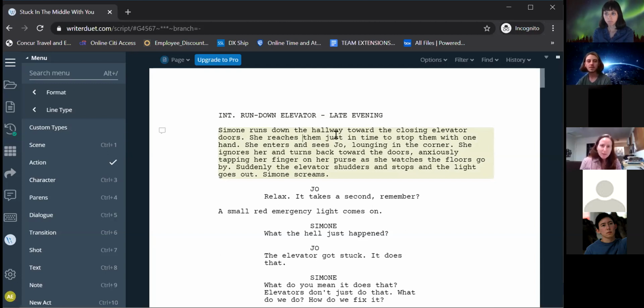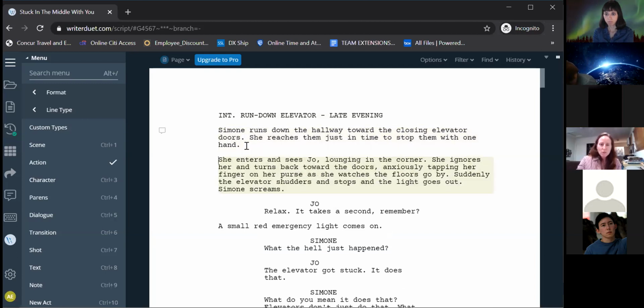A very simple way to fix this is: Simone runs down the hallway, she reaches them just in time, and stops them with one hand. Okay, that's basically one movement. So you could do that, right? Now all of a sudden it reads much cleaner, because the idea is that we want to make sure the page reads cleanly and there are not huge blocks of text. When a reader sees a huge block of text, whether it's a long monologue or a long action paragraph, their eyes start to glaze over and you risk losing their attention. So if you break these things up,